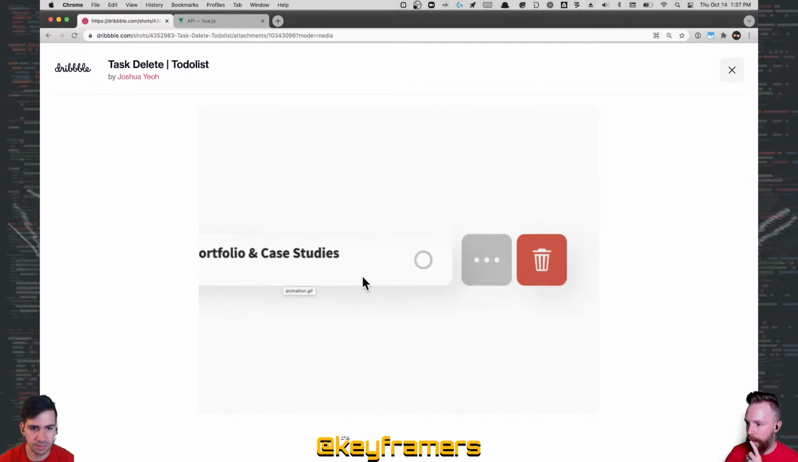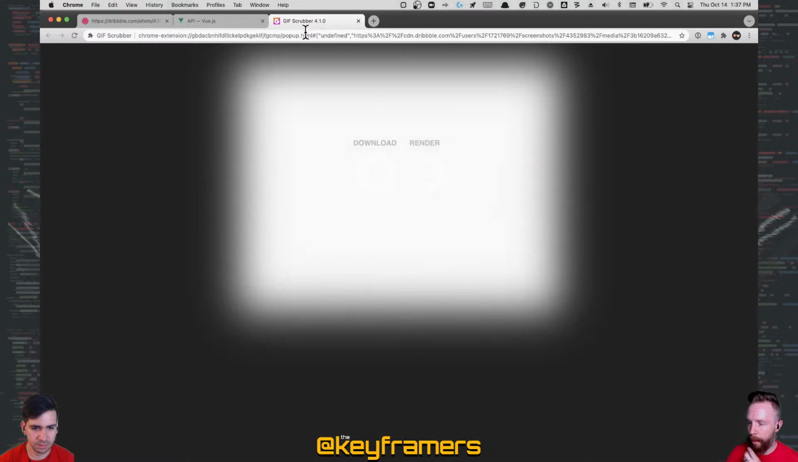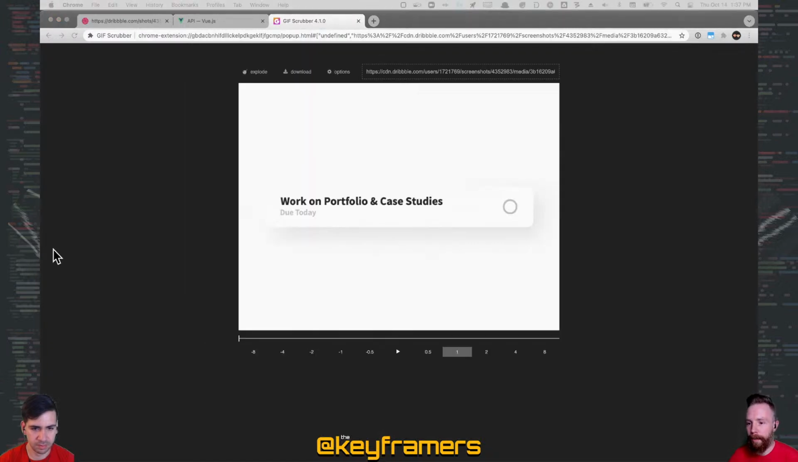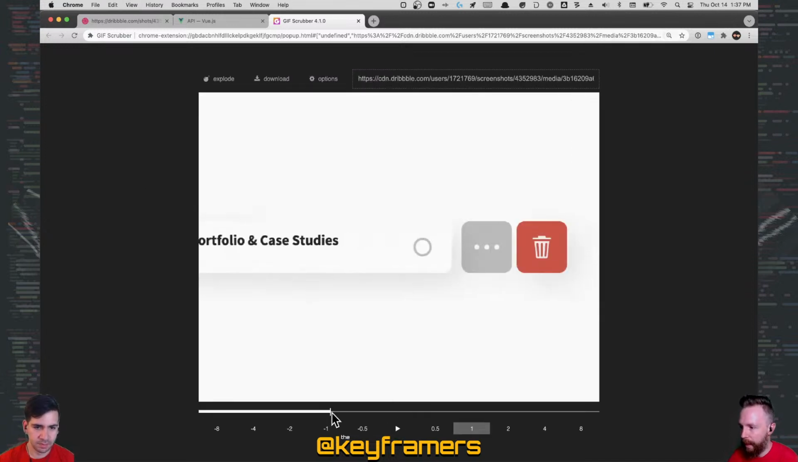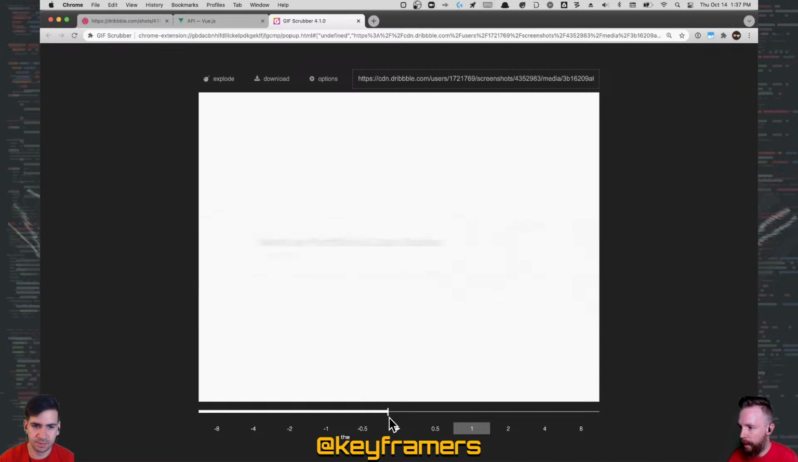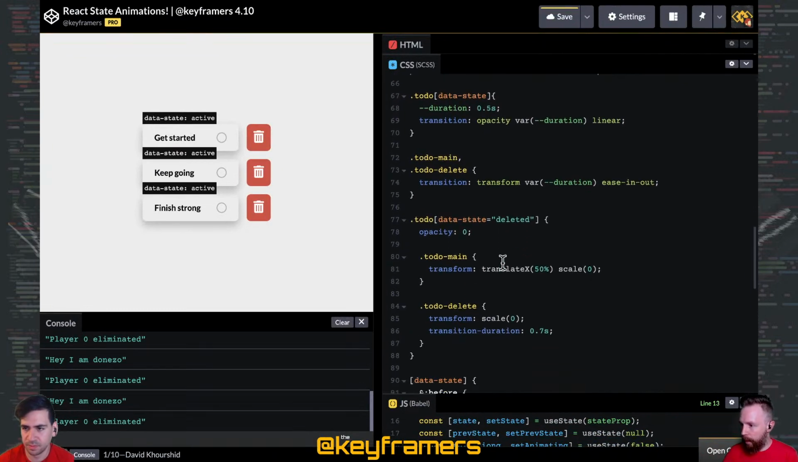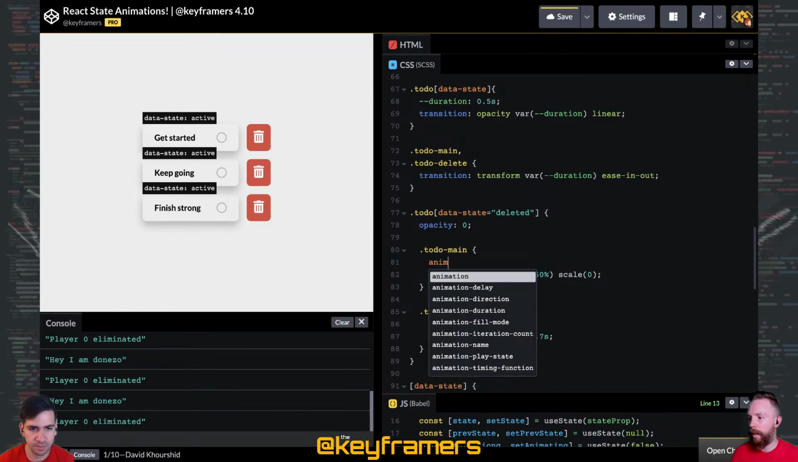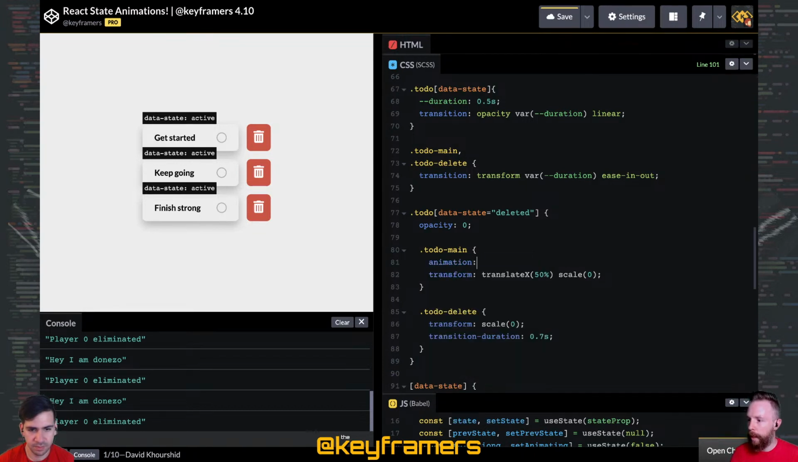Yeah, let's see. I'm going to open that in GIF Scrubber. A lot of older Dribbbles are still GIFs, but the newer ones are MP4s. Okay, so we've got how they come in, and then when they go out, it just fades out, and then yeah, that's kind of the animation. So we could do an actual animation for the todo main